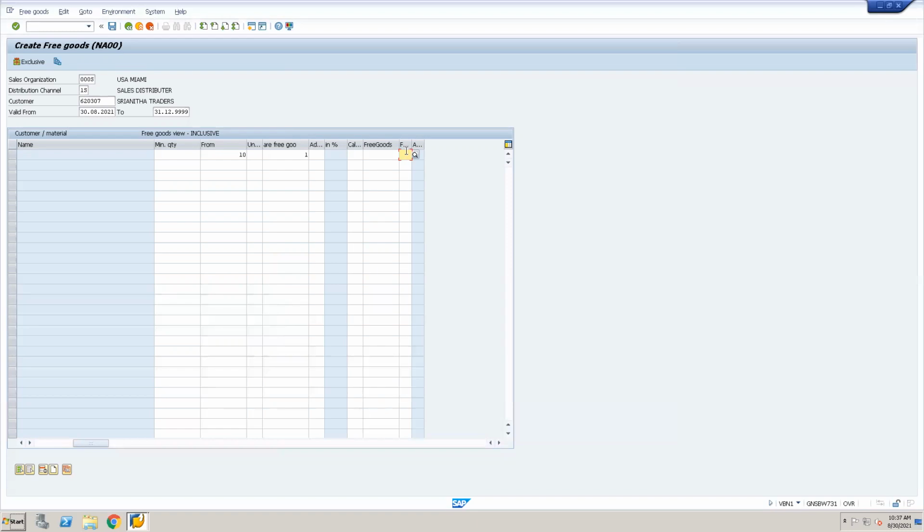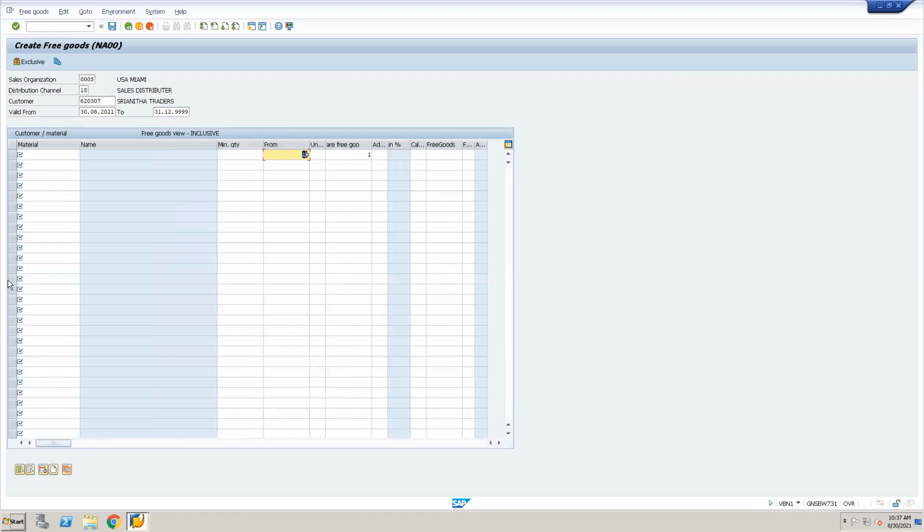Yes. See, for example, if you have mentioned free goods as inclusive, you are keeping the free goods from 10, and the offer you are offering is 1. Normally, when you keep free goods as inclusive, what will happen when you create a sales order for this particular main line item, for this particular customer? The system will propose, if you have procured 10 materials and kept it as inclusive, 9 plus 1, because you have opted for inclusive.